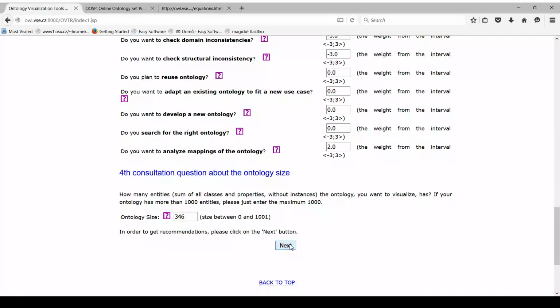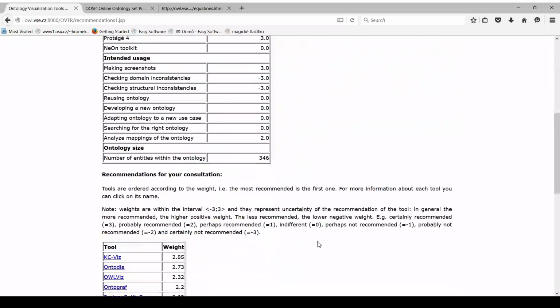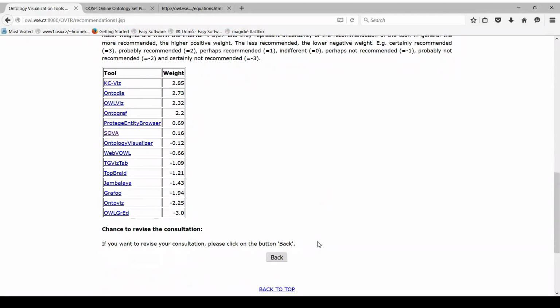So then if we press the next button, then we can see recommendations, and it's again key series as a recommendation number 1. With regard,